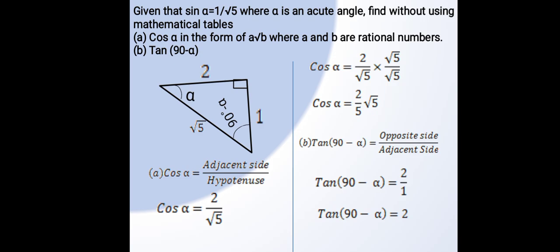Now, we know that cos alpha is given by adjacent side over the hypotenuse, and sine alpha is given by opposite side over the hypotenuse. So from our triangle, since we know sine alpha, then our hypotenuse is the square root of 5. That's our hypotenuse, and our opposite side is 1. Now the adjacent side,